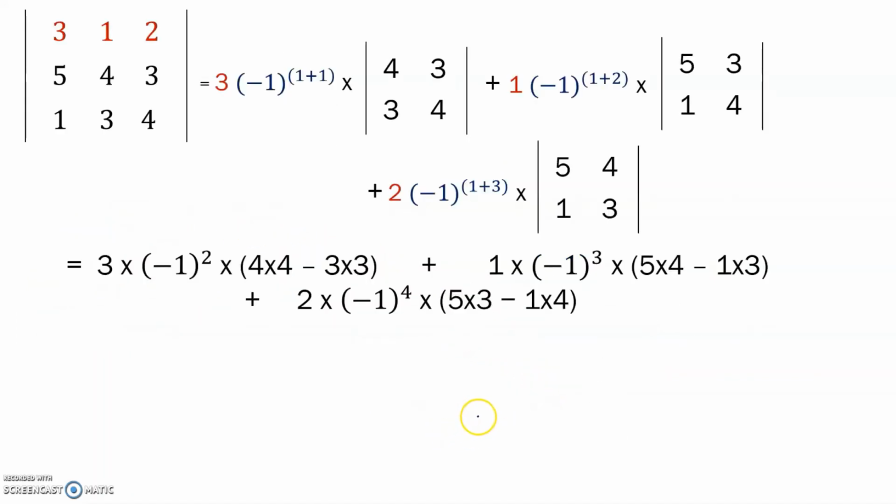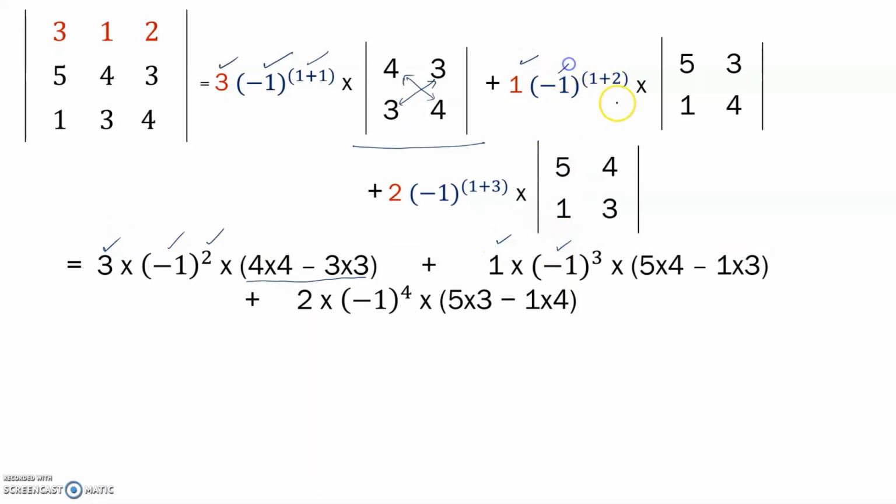So let's create some space. Now we're going to simplify. You have the same 3 here, times (-1) to the power 1 plus 1, which is 2, multiplied by the determinant of this matrix. So 4 times 4 minus 3 times 3, which is the determinant of this 2 by 2 matrix, plus 1